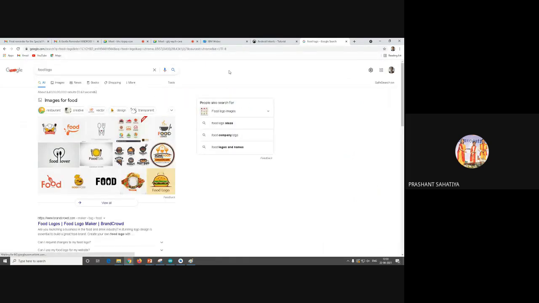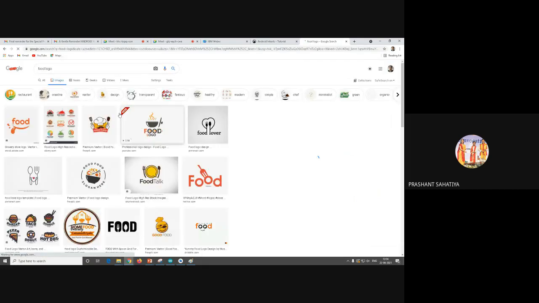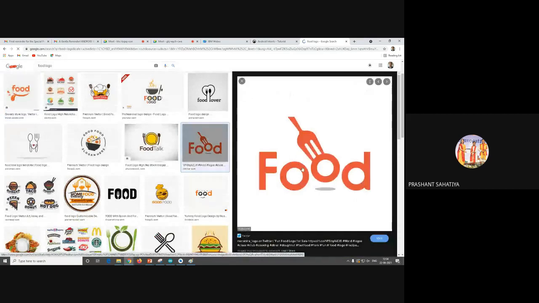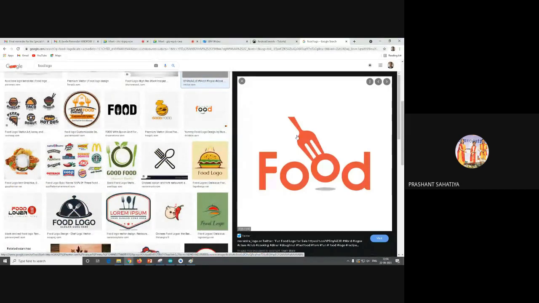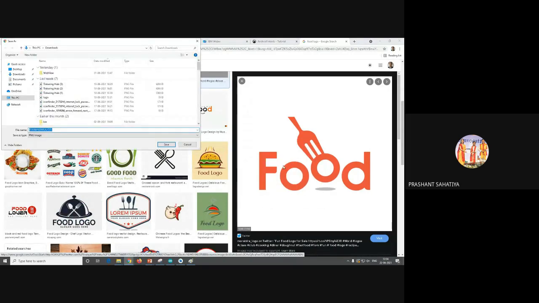You can use actually any logo. Try to select this kind of logos, that is PNG, okay, so you can easily see it. You are not supposed to design this, but take the PNG form, or the background is white. So I'll take this logo, and I'll show you how to set the logo also.